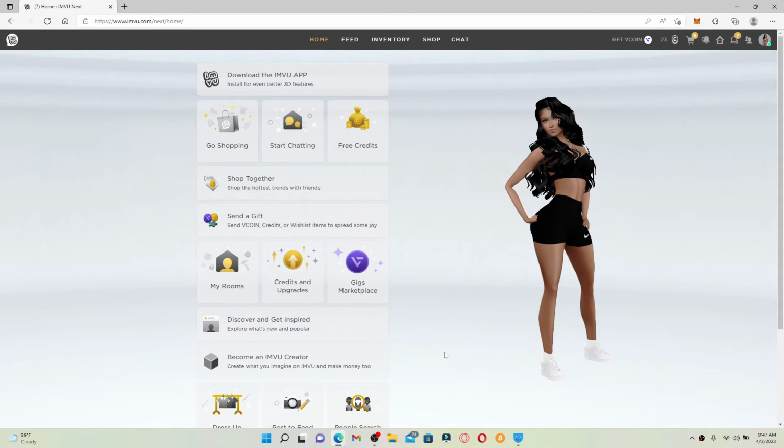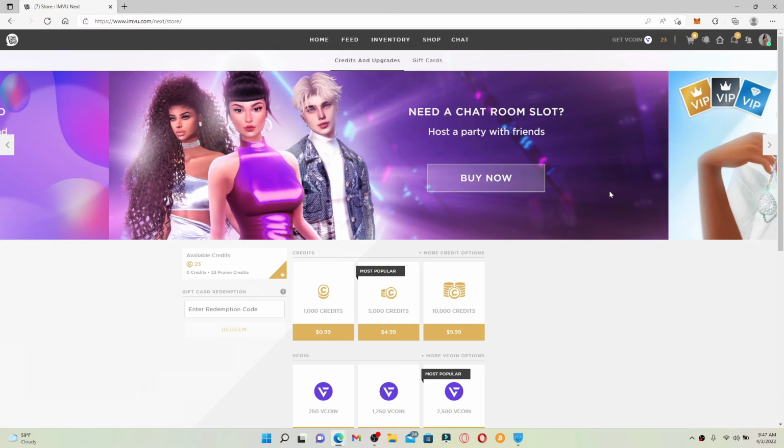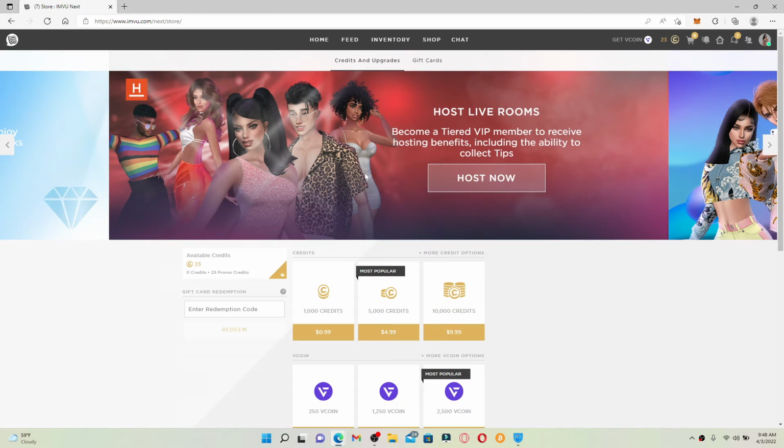Once you're logged into your account, go and click on this coin located at the upper right, and once you give it a click, you'll be able to see a pop-up menu appearing. Click on the Buy Credits button from the pop-up, and on the next page, you'll be able to see an option